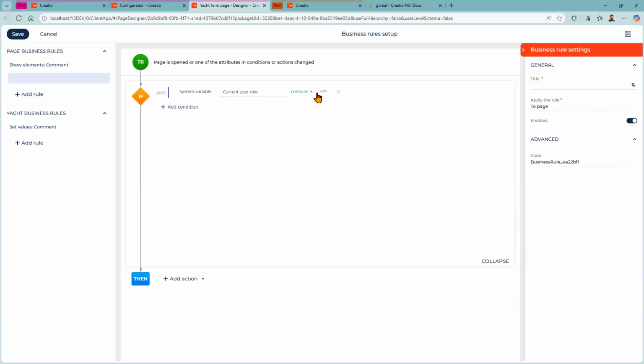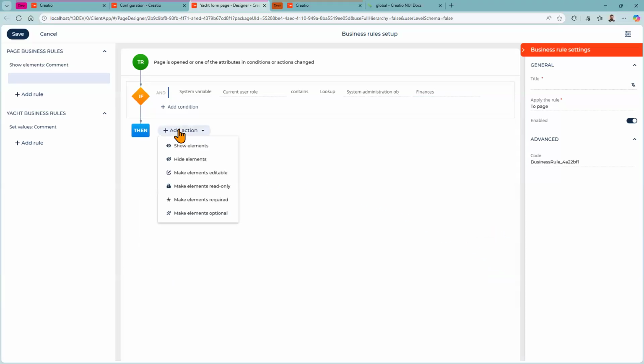And in this scenario, the client will also react to users that among the selection array of their roles they're in have the following. So lookup, system administration object, and we will find our finances. So if the user is in finances, we will show them